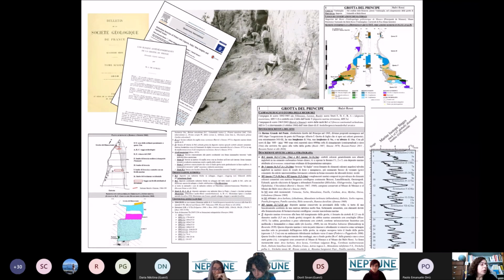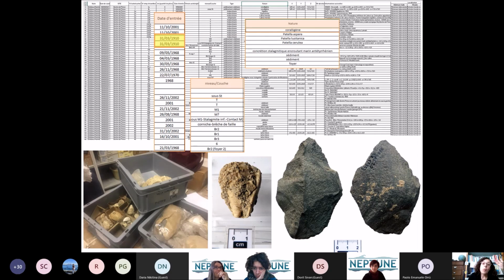So the first thing that we had to do was virtually reconstructing the fill of the caves, which means looking at all the reports starting from the mid-19th century, all the publications, all the photographs, all the accounts. And so we were able to virtually reconstruct the content of these caves. And then we had to locate exactly the huge number of samples